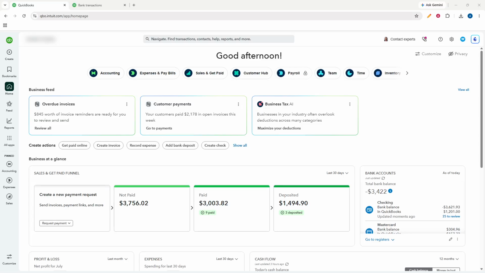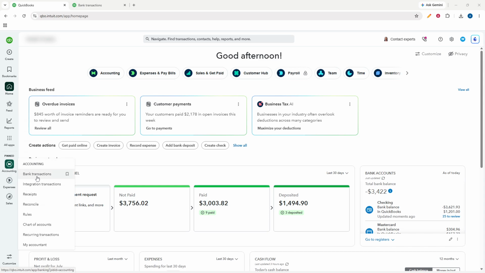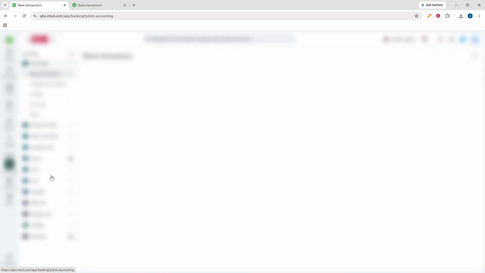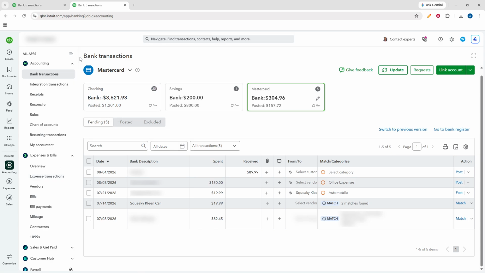This video walks you through how to categorize credit card payments in QuickBooks Online. Begin in the left-hand menu and click Accounting. From there, select Bank Transactions. This opens the area where QuickBooks Online shows imported activity from your connected accounts, including bank and credit card transactions